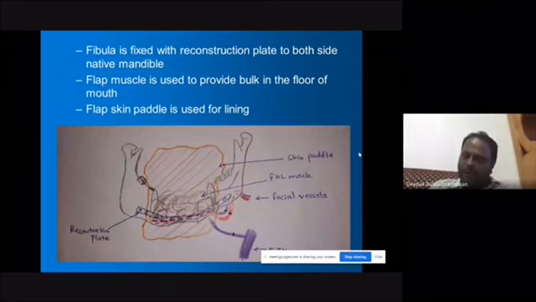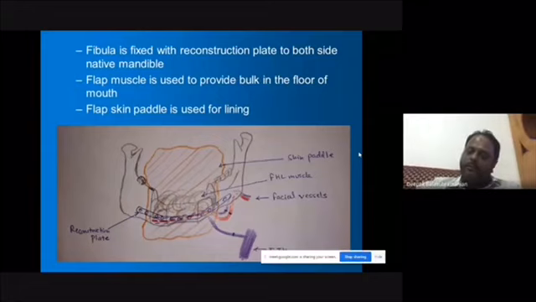So usually we use a locking plate, with monocortical screws in the fibular segments and bicortical screws in the native mandible. And there are depth guides available. If you look at the Stryker or the Synthes kits, you can measure the depth after you've drilled the hole to find the screw length. So ideally a locking plate is good because once you drive the screw inside, it will stop. You understand what I'm saying, no? It will grab onto the bone, but the bone won't move.